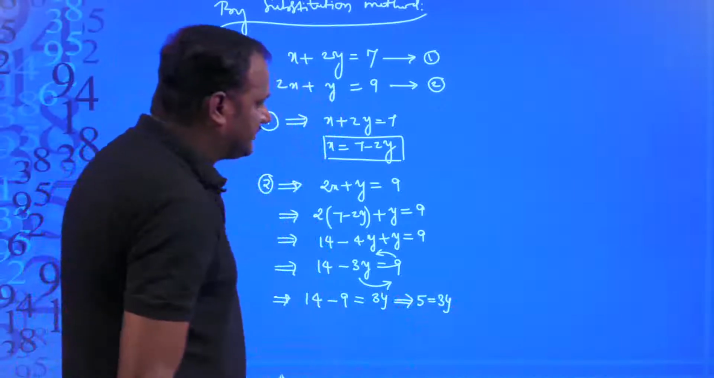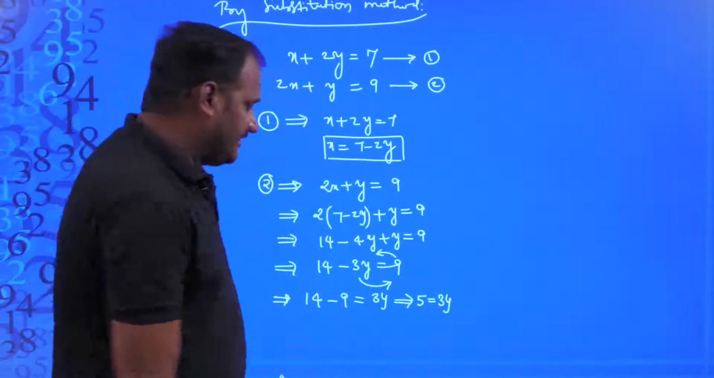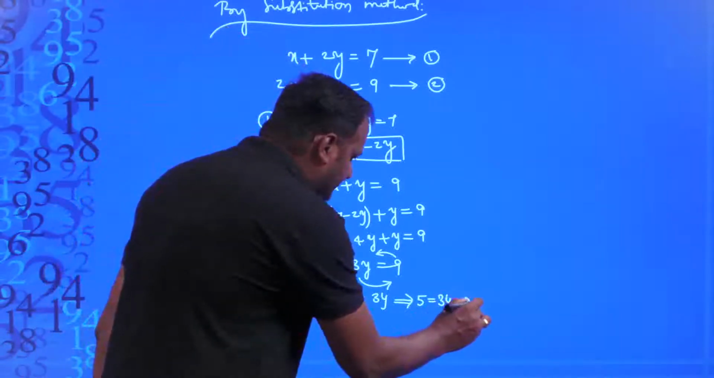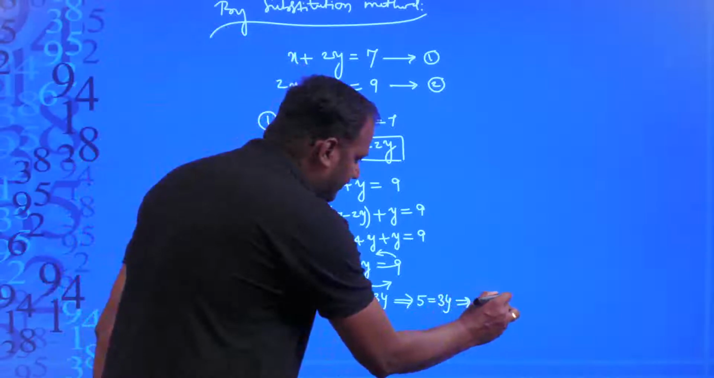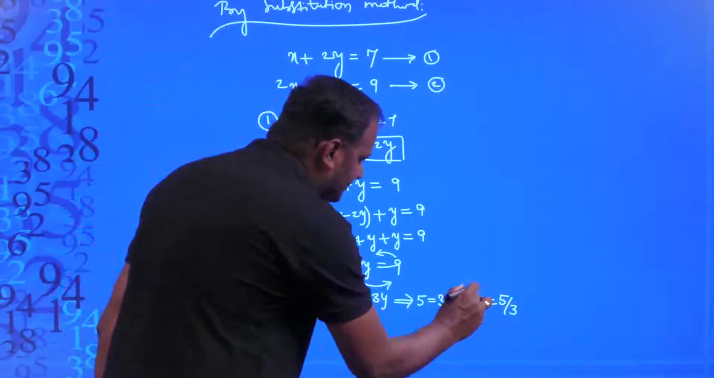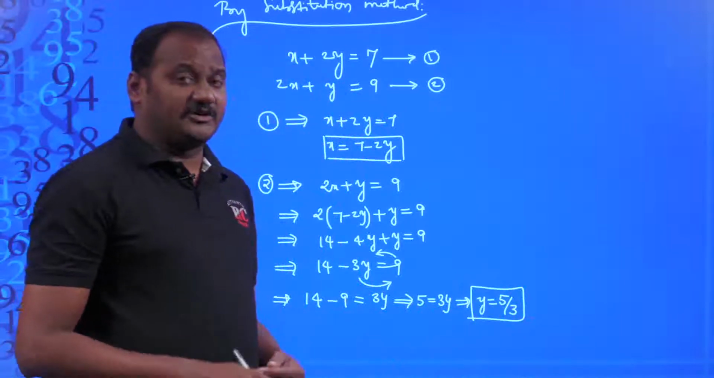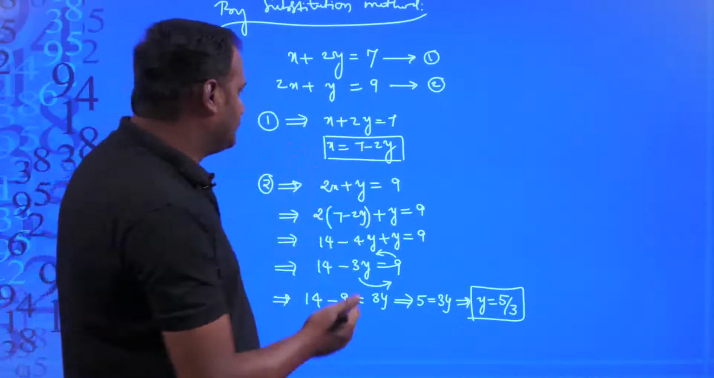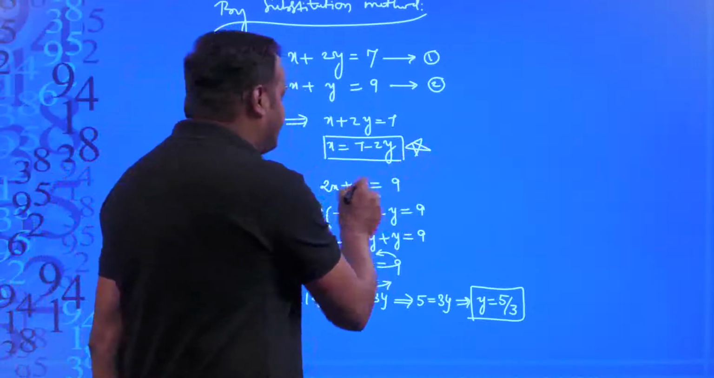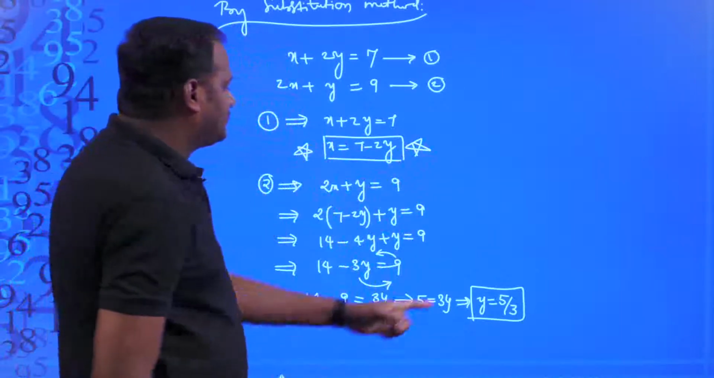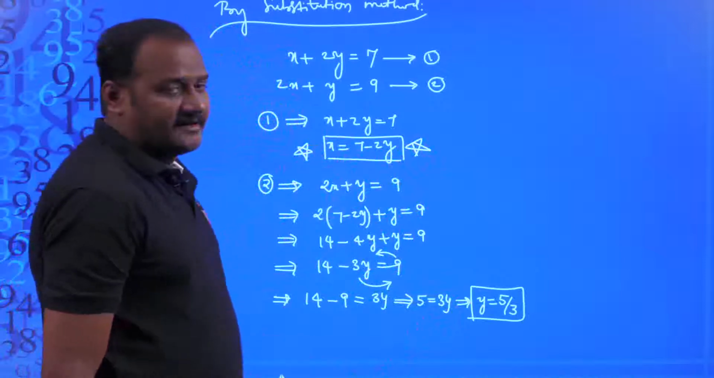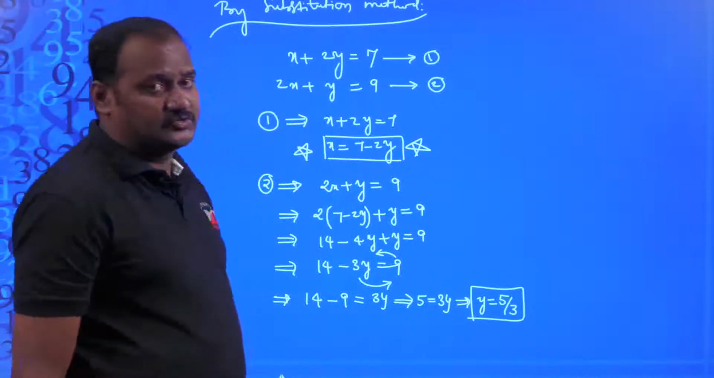If 5 is equal to 3y, then what is the value of y? Yes, the value of y is going to be 5 upon 3. So, this way we can get the value of y. After getting the value of y, how to obtain the value of x? Yes, you have the value of x here in terms of y, correct? So, substitute y is equal to 5 by 3 in x is equal to 7 minus 2y to get the